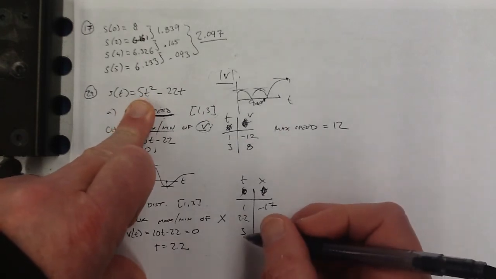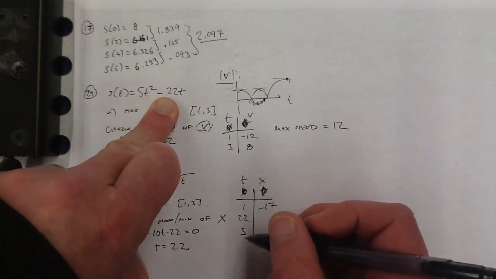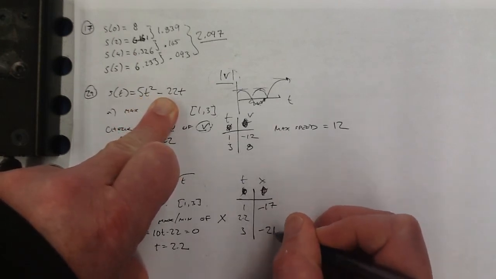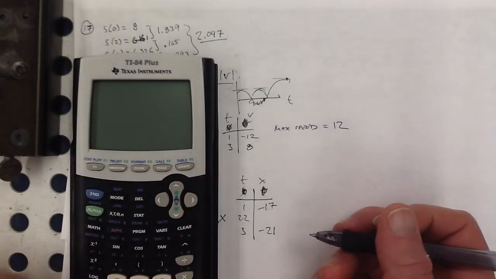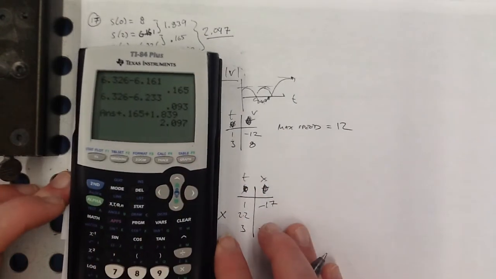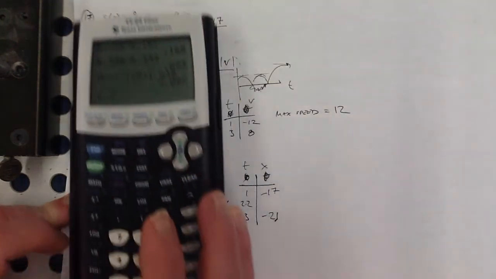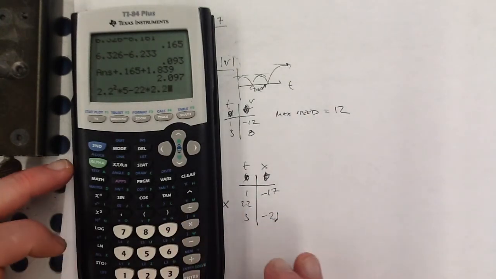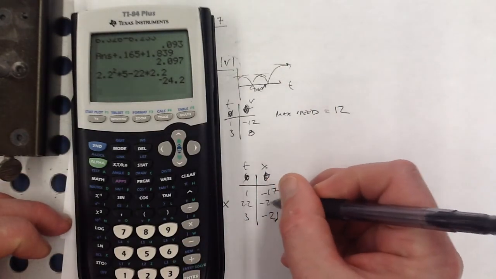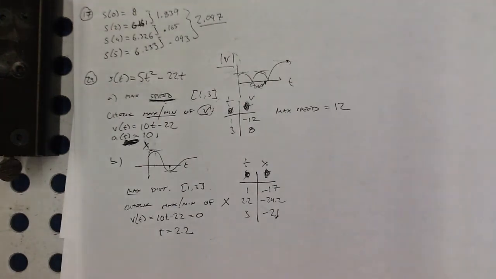And when I plug the 3 in, I get 5 times 9 is 45 minus 66 is, I think that's negative 21, right? Math. And then I have 2.2 squared times 5 minus 22 times 2.2, negative 24.2. So they wanted to know when